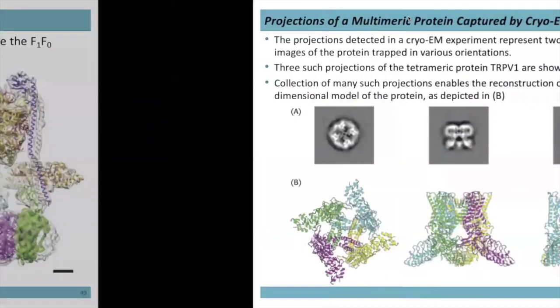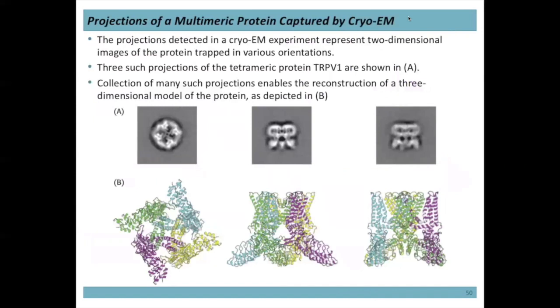I've got another picture on the next slide here that shows a protein complex. And when you take a picture, again, it's only going to be 2 dimensions. What you need to do is actually take pictures of this protein at several different angles. So if you deposit this protein on the surface, you're going to have some that have the top view and some that have a side view and some that have a rotated side view and some that have a bottom view. And when you hit this with the electrons,